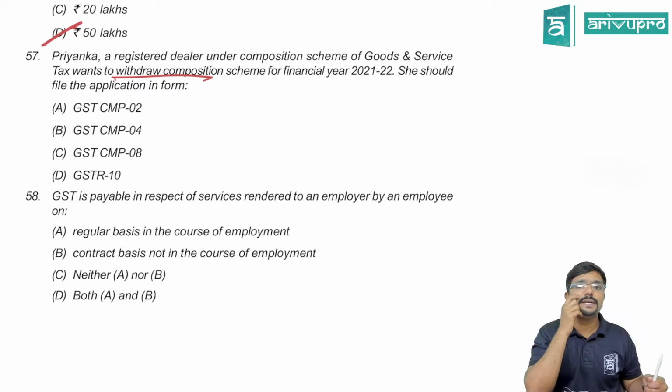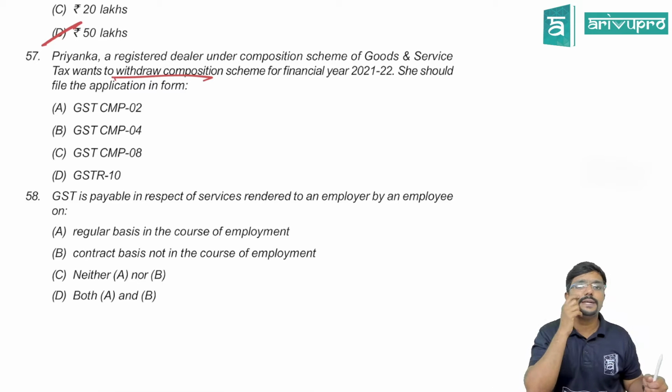If you have violated any conditions given under section 10, then you will be thrown out of the composition scheme. You have to file GST CMP 04, or you yourself want to go out of composition scheme because, sir, I want to claim ITC, because under composition scheme ITC is not available. Or you want to collect tax from your customers, then in that case you are telling, no, I will go out of composition scheme. Can you do that? Yes, you can do it, but within 7 days you have to file GST CMP 08 telling I wish to go out of composition scheme and pay tax as per section 9 at normal rate.